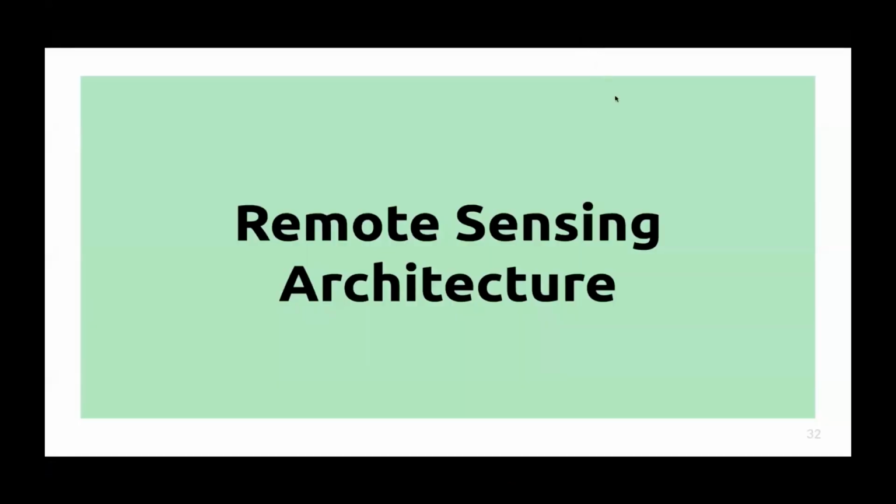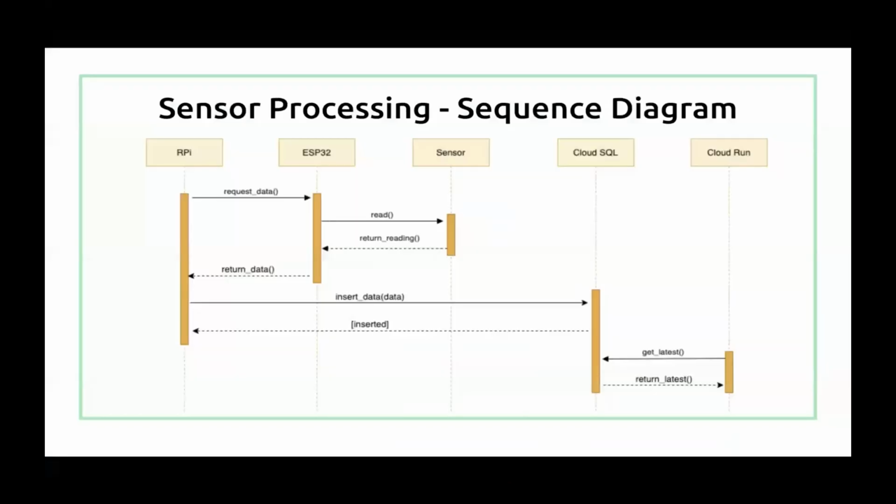So now I'm Maram and I'll be talking about remote sensing architecture. The sequence diagram simply shows how we get readings or data from the sensors. First of all, the Raspberry Pi sends a request to the ESP to get data, and the ESP32 reads from the sensors and returns it to the Raspberry Pi, and then it uploads it to the Cloud SQL so that Cloud Run could get the latest